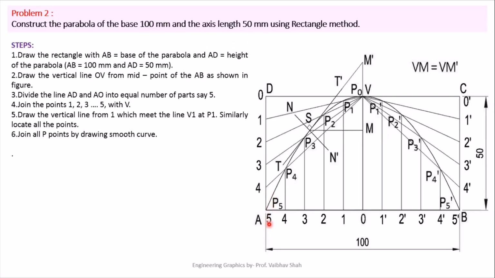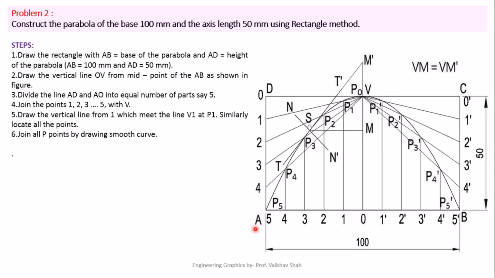So first of all, let us draw one rectangle ABCD. AB is 100 and you have to find the center point as O. From that you will draw one vertical line of 50, and after that you have to complete this rectangle ABCD. Now from the O line we draw one vertical line, which will give us a vertex point, known as vertex point V. After that the process is simple.